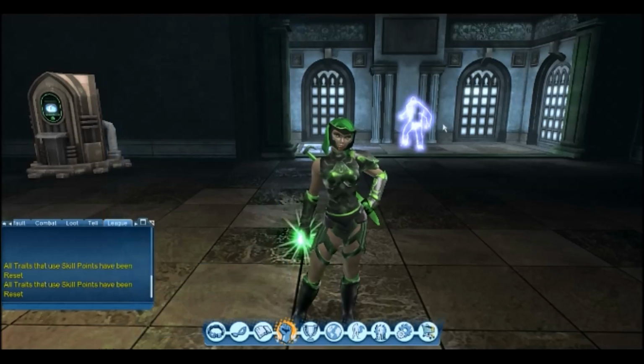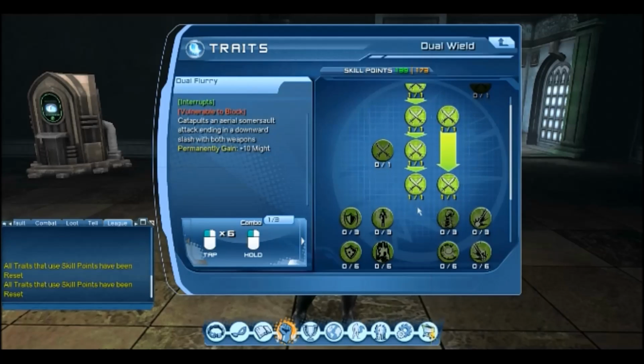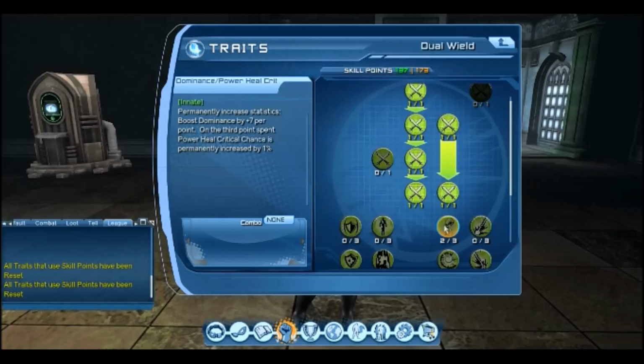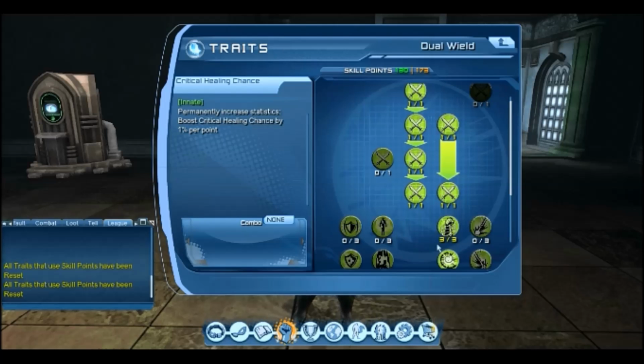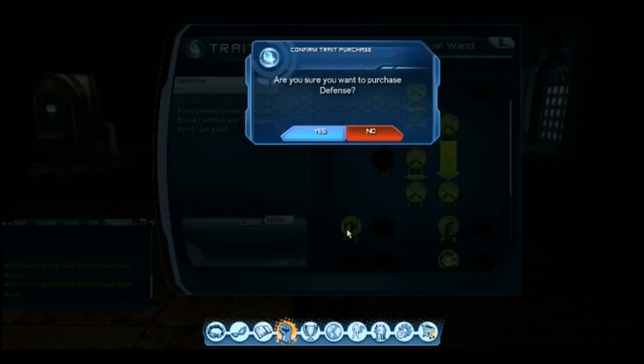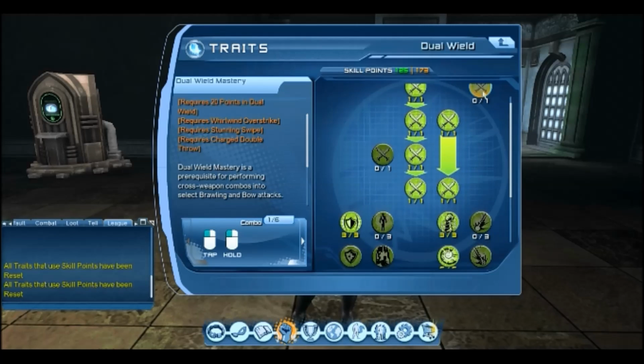So now I want to go into dual wield. I have to put skill points in these 6 attacks specifically. So I want my Dominance, critical power chance. Well, obviously I want my vitalization. Restoration, no. So I'm actually going to get some defense. Let's put some in defense, and I can actually get some of the HP ones. It's only 7 HP for 7 skill points. So okay, that unlocks the dual wield,